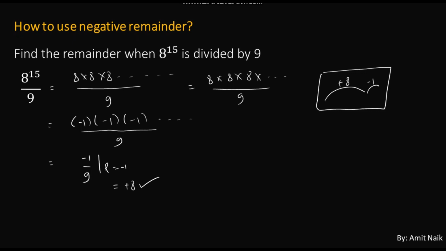Fine. So what we did here is, instead of going for the positive remainder, which was plus 8 in the numerator, it was not possible for me to multiply 8 15 times. So instead I will prefer minus 1 as the remainder here. So I can multiply minus 1 any number of times. So here in this question I was required to multiply minus 1 15 times, which I could do, because minus 1 multiplied 15 times is minus 1 itself. Now minus 1 divided by 9, the remainder was minus 1, but as I want the answer always in positive, so the answer has to be plus 8.